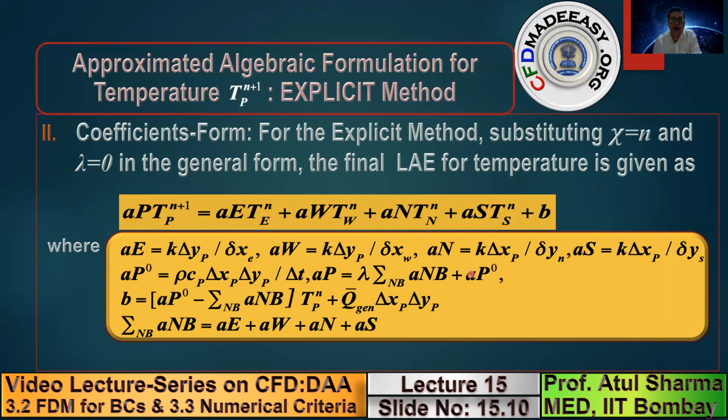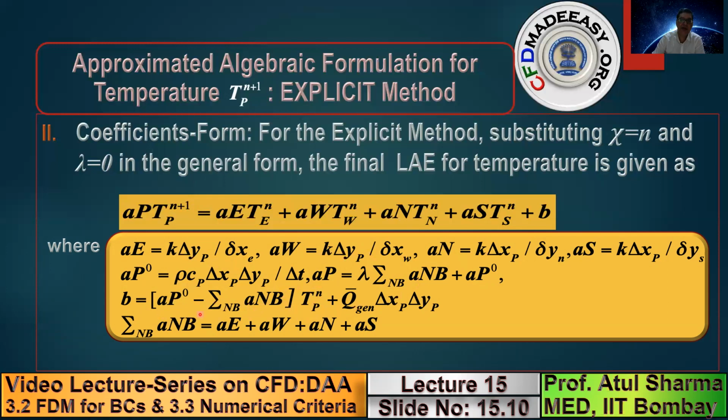So Patanjali has proposed a rule that all the coefficients should be of the same sign, to ensure that if the temperature of the previous picture is increasing, then in the new picture the temperature should increase. If they are decreasing, then they should decrease. So to have the same effect, which is found physically for a diffusion phenomenon, all the coefficients have to be positive. You can see that all the AE, AW are positive, but there is one coefficient, for one temperature, that is TPN. It will be positive under a certain condition.